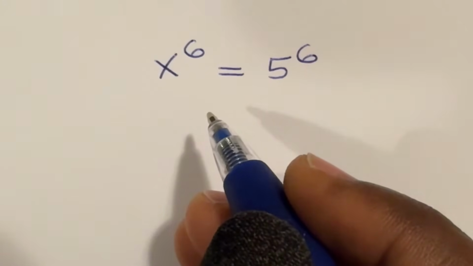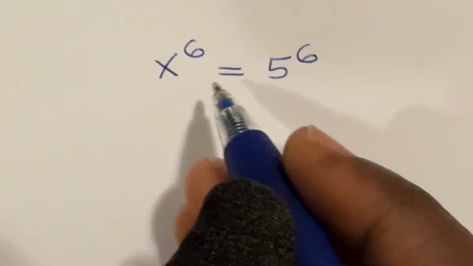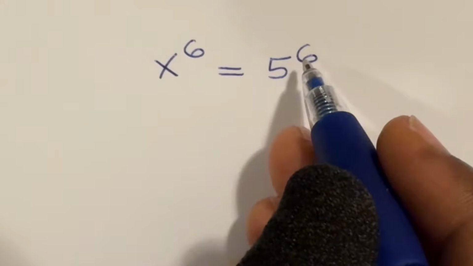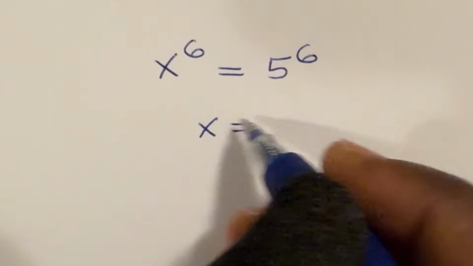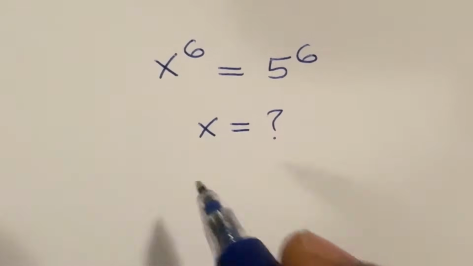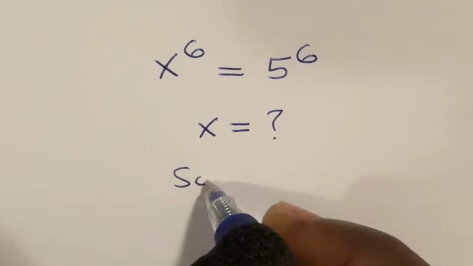Let us solve for x in this problem. x raised to power 6 is equal to 5 raised to power 6. We are looking for all 6 values of x. To begin,